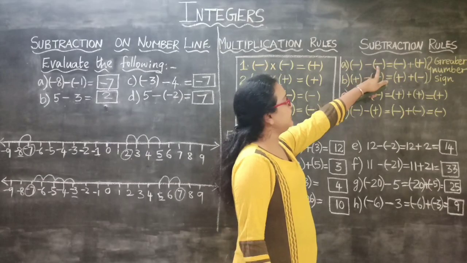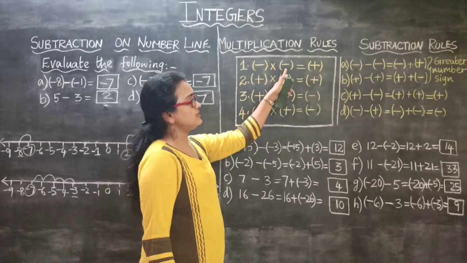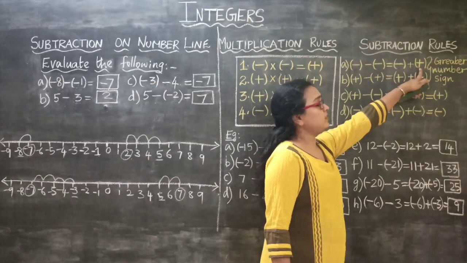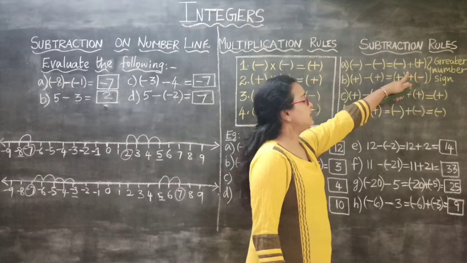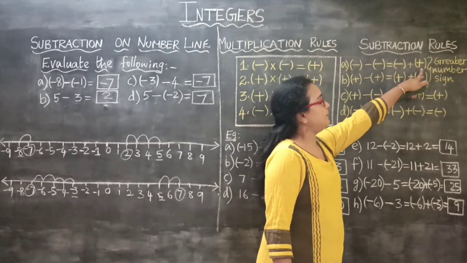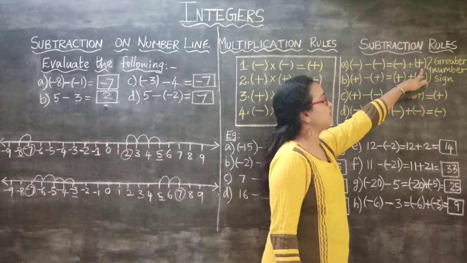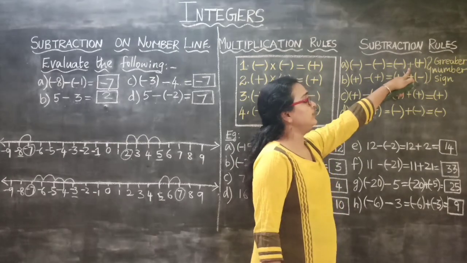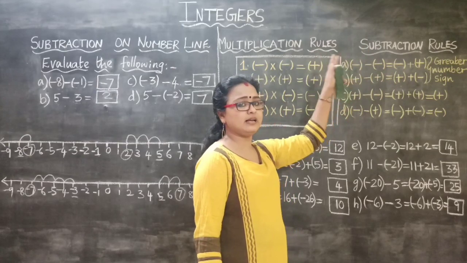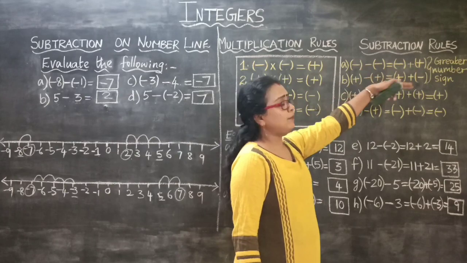And here, minus into minus is plus. So I need to put a positive integer for the second number, and here I have to put the addition symbol. So minus and plus. It will become addition. We specify it with a positive integer because it is very easy to learn with addition. Already we have learned addition in integers, right? So it's very easy. That is why we are doing it with the help of addition here.